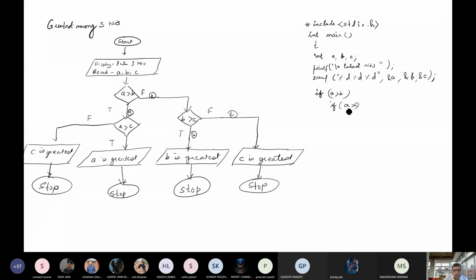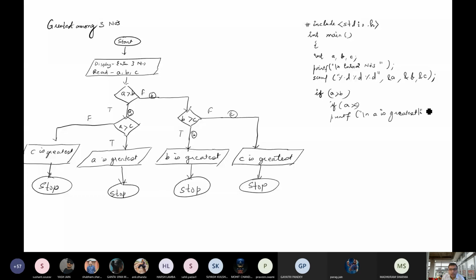If A is greater than C, next it is true. It is true means it will print A is greatest. So printf, backslash n, A is greatest. One more backslash n I will put here.